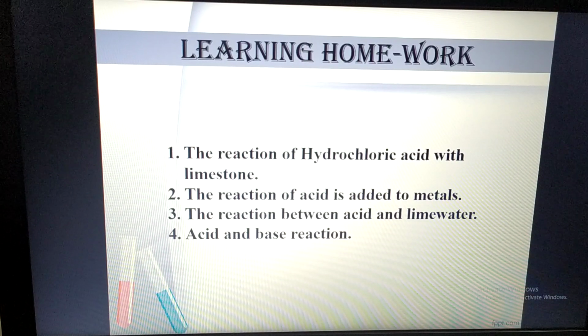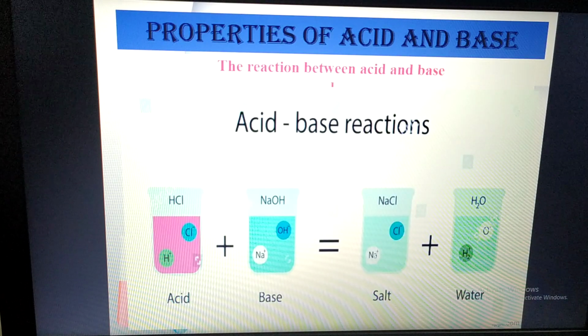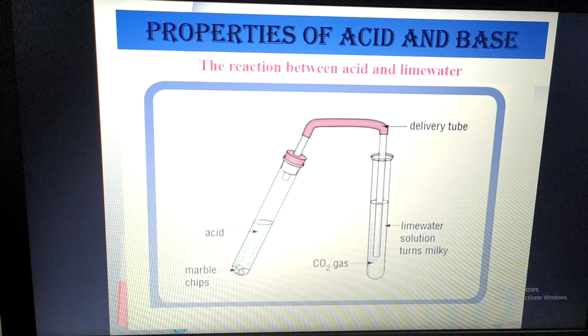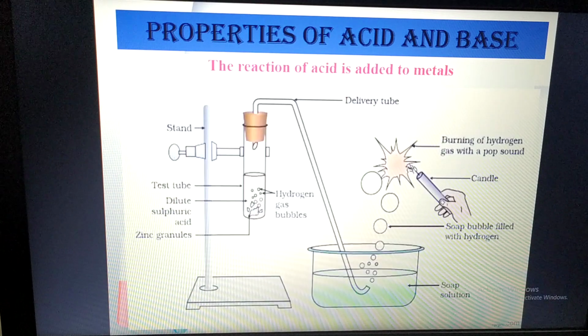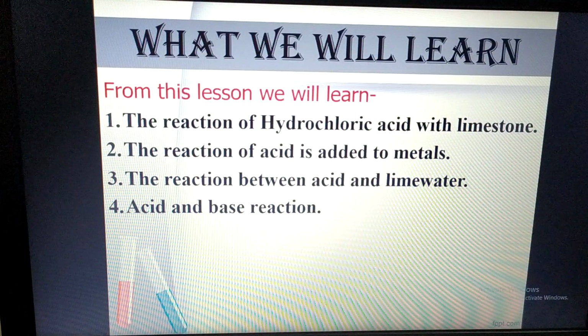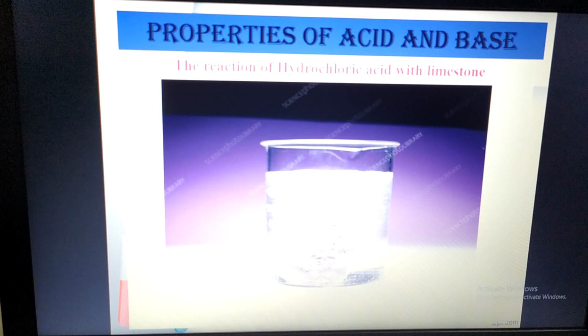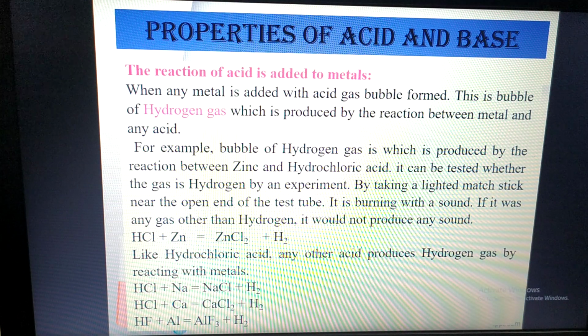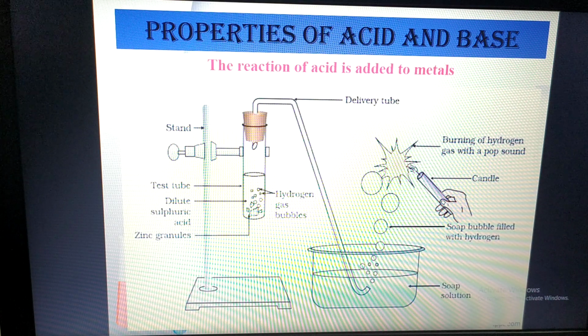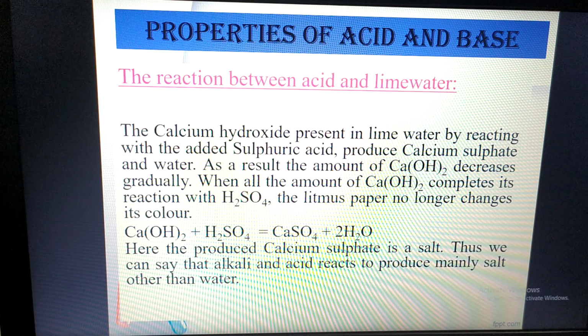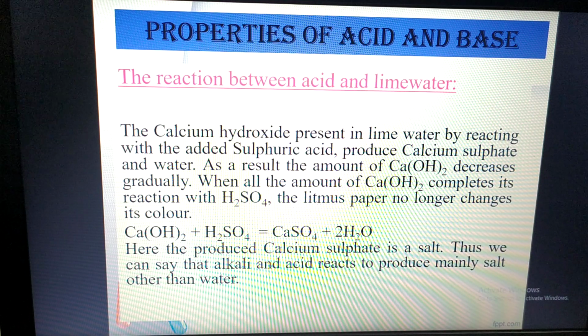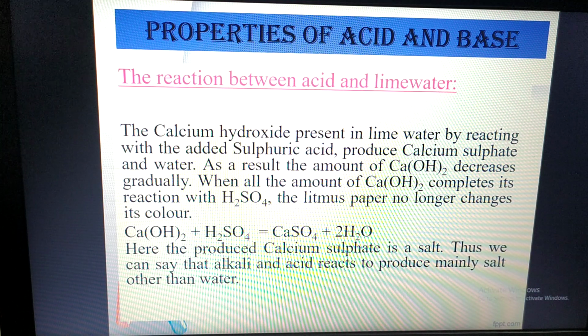Clear? I'm repeating. Should I repeat? If you have any confusion about the experiments, how we will do the figure, the experiment of metal reacting with acid to produce hydrogen gas, you must write all these points in your copy, okay? Because all this information is taken from your book, for sure, but you have to write it all separately.